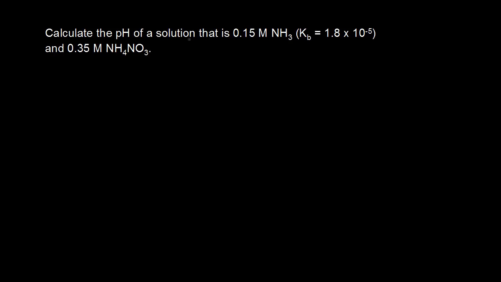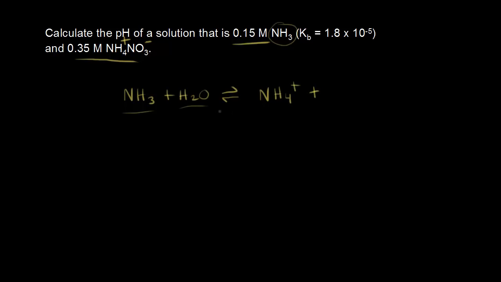So this time we need to calculate the pH of a solution that is 0.15 molar for ammonia and 0.35 molar for ammonium nitrate. So ammonium nitrate is NH4 plus and NO3 minus in solution. And so we start with ammonia. So let's go ahead and write what's going to happen when ammonia reacts with water. So ammonia is a weak base, and it's going to take a proton from water. So if NH3 picks up an H+, we form NH4+, or ammonium. And if we take an H+ away from H2O, we form OH-, or the